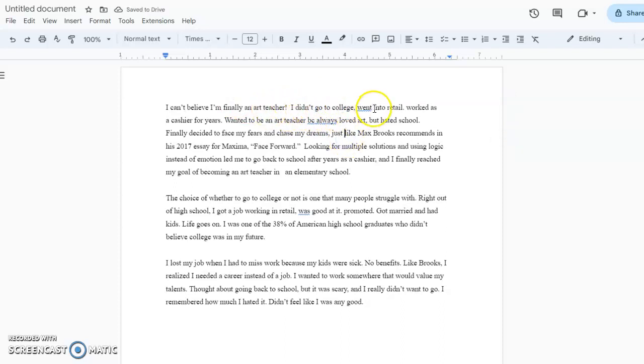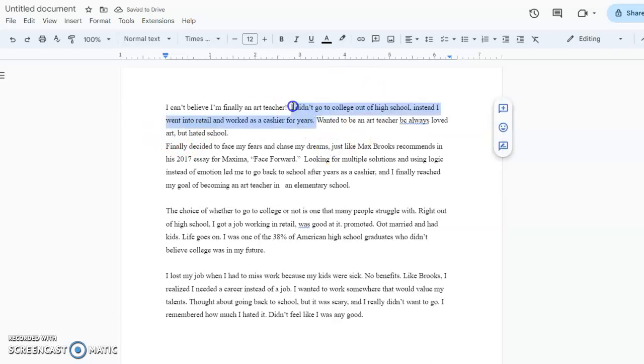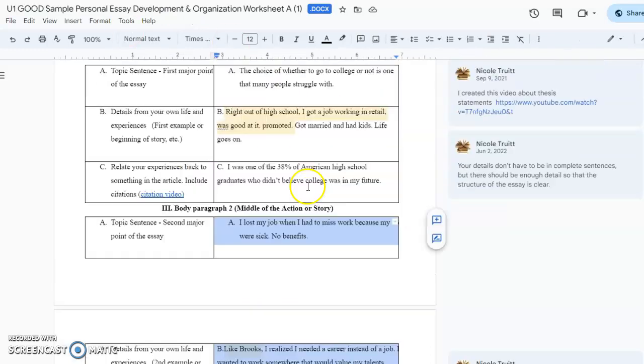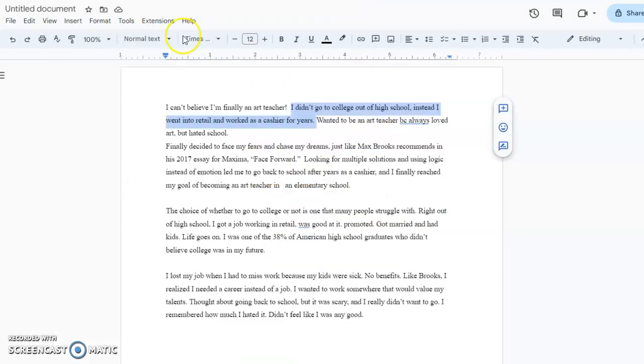Now, I didn't go to college, went into retail. That's not a complete sentence. Let's edit that. I didn't go to college out of high school. Instead, I went into retail and worked as a cashier for years. So see, what we're doing is we're taking what was very sketchy, incomplete information and we're turning it into complete sentences. I had always wanted to be an art teacher